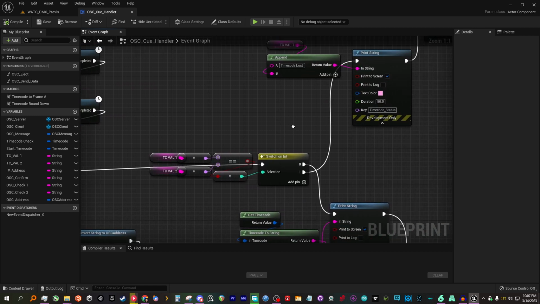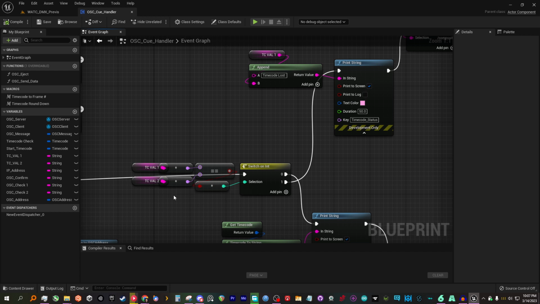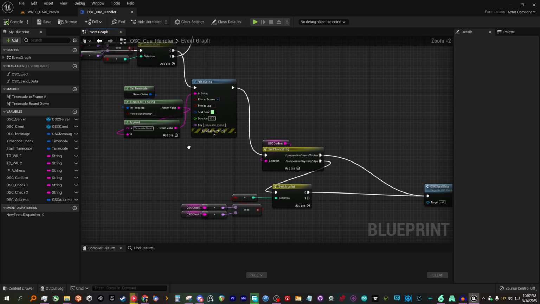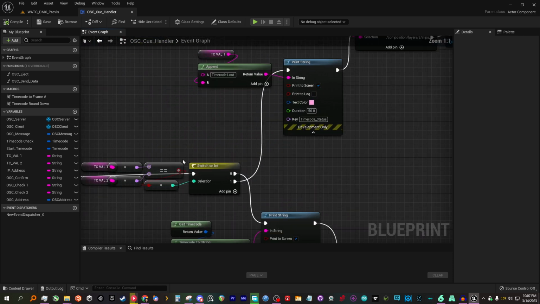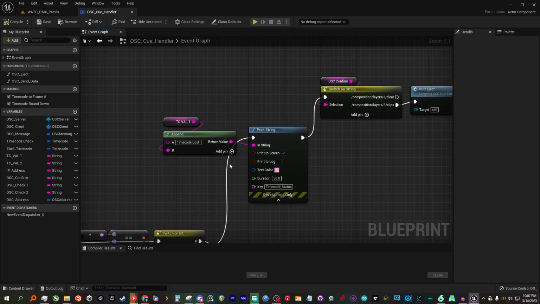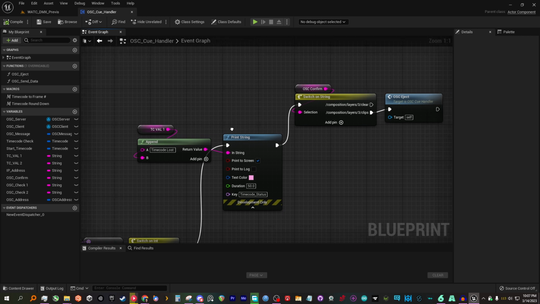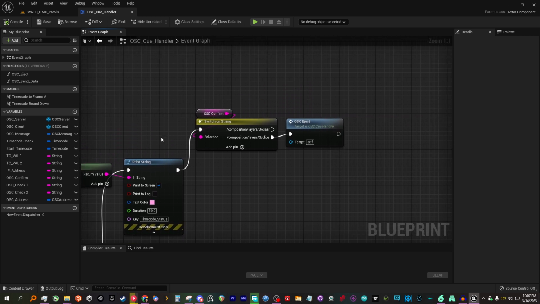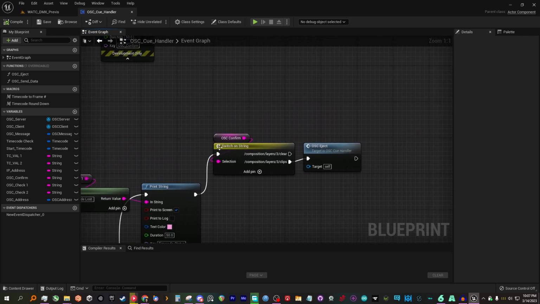So I'm doing a check there, and if the time code is running, it fires this stuff down here. If the time code isn't running, it sends this print string, and then it does a secondary check, which